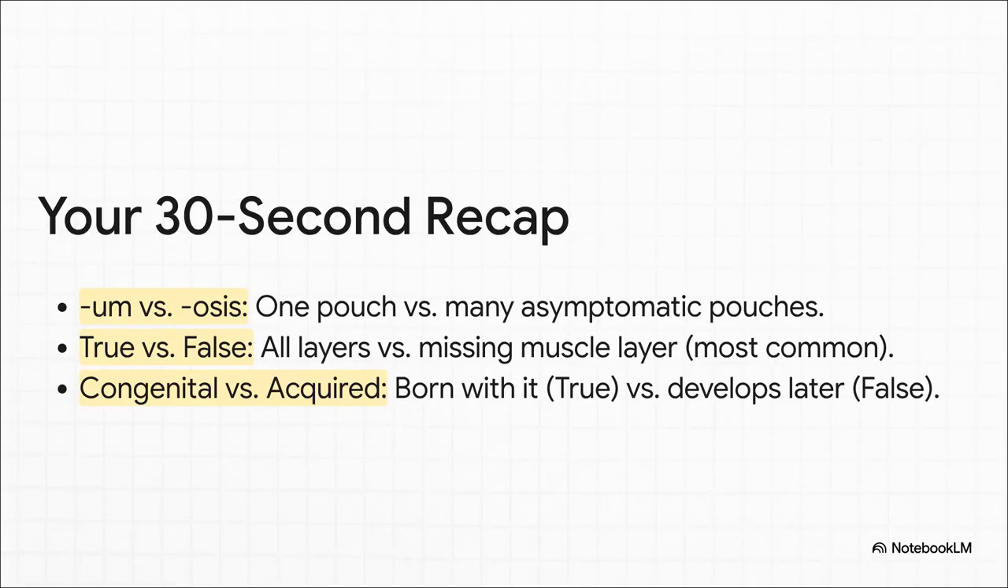Okay, let's lock this in with a super fast 30-second recap. Ready? Diverticulum, one pouch. Diverticulosis, many pouches, no symptoms. True, has all the gut wall layers. False is missing that muscle layer, and it's the most common. And finally, congenital, you're born with it, and it's usually true. Acquired, develops later, and it's usually